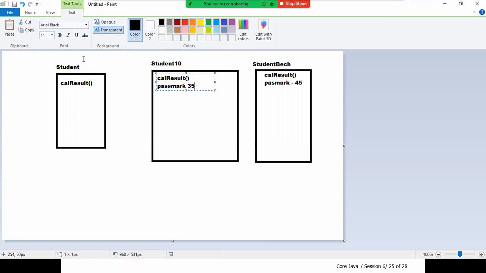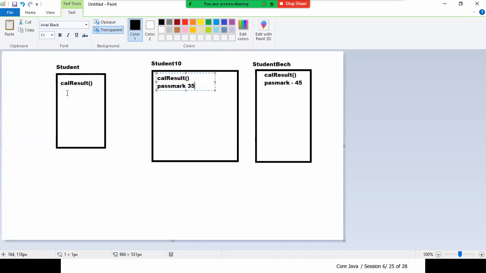Now, what about the student part? For the student, I'm going to write the calculate result. But what is the pass mark for it? It's a generic student, a generalized one. So what is the pass mark for each student, we cannot tell that. You need to tell what the pass mark is depending upon the type of student. Either you are having a BTech student or you are having a class 10 student. Based on that, you are going to define the pass mark. But telling the pass mark for this particular generic student has no meaning. There is no meaning in saying what a generic pass mark is.